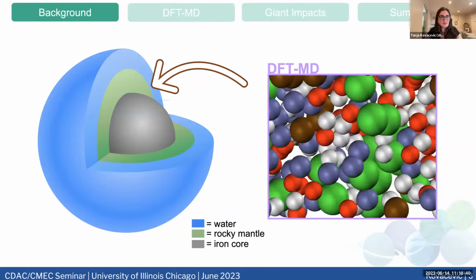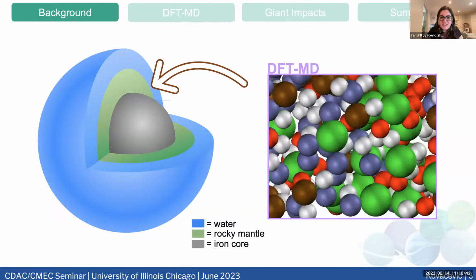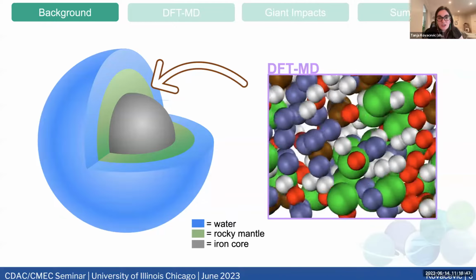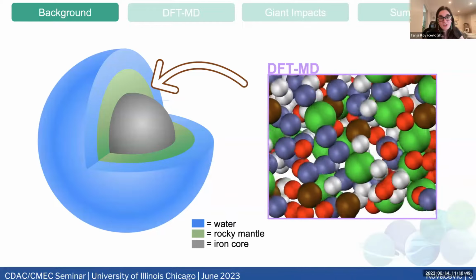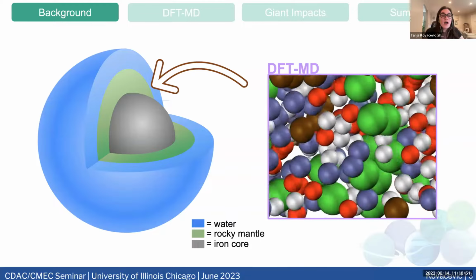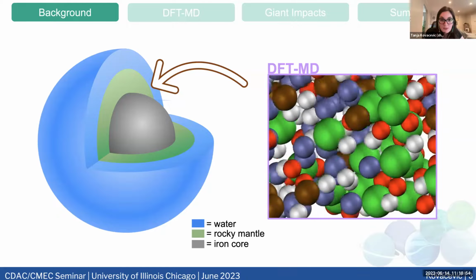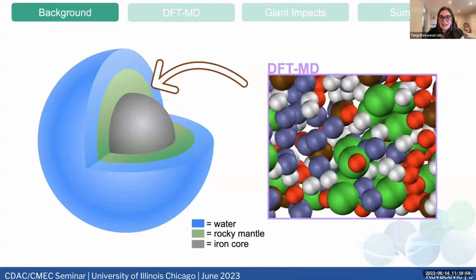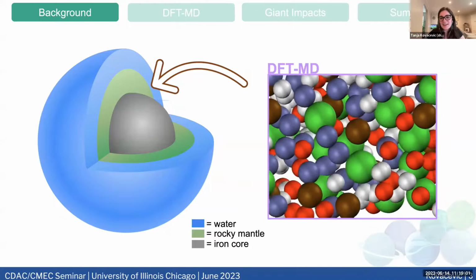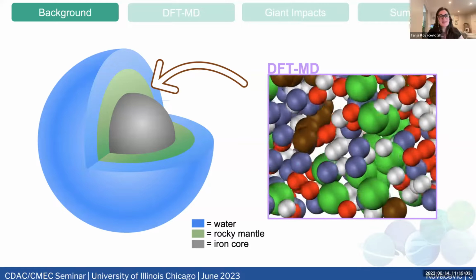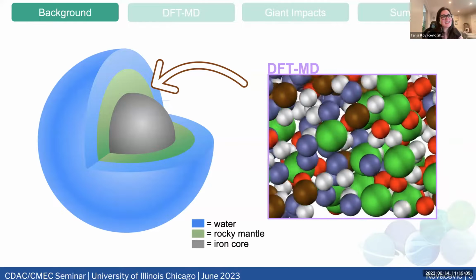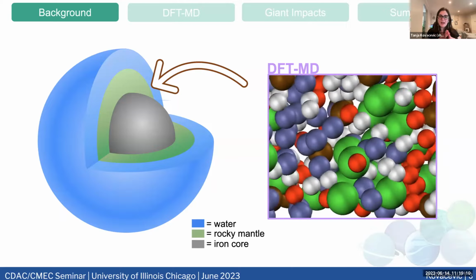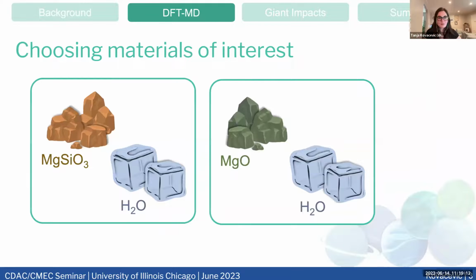Okay, and then in my group, since you already saw, I mentioned DFT-MD simulations. That's what we use in our group to investigate mixtures, and it's been used to investigate mixtures such as iron and MgO, hydrogen and water, and hydrogen and MgO. Again, being part of Burkhard's group, I'm a little biased to say that I believe DFT will work to investigate these rock-ice mixtures and give us an idea of what conditions are necessary for mixing. So let's start by preparing our simulations.